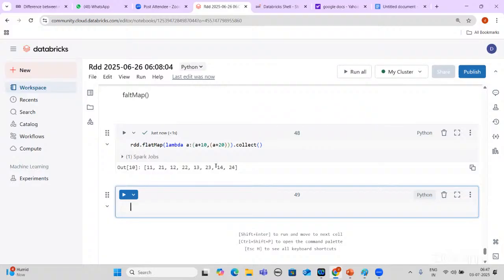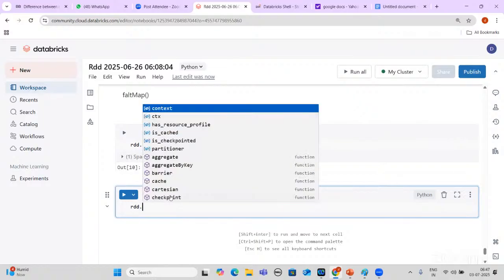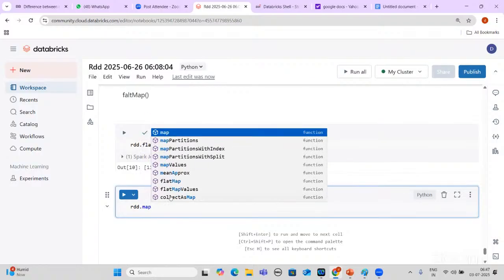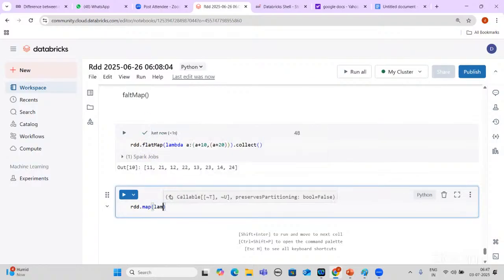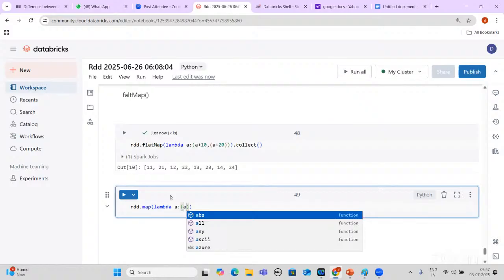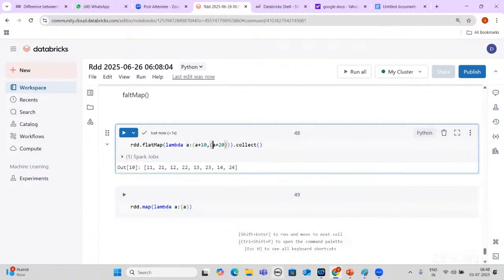Suppose I'm doing the same thing with the map function. RDD map lambda. Previously we worked with only one value; here I have given two, it's okay.